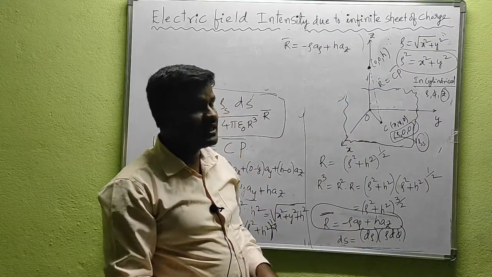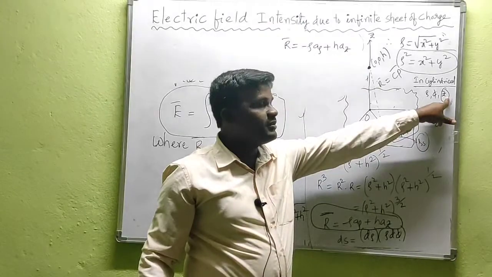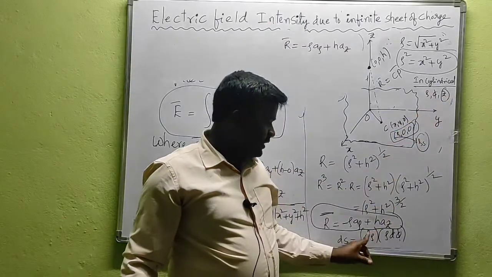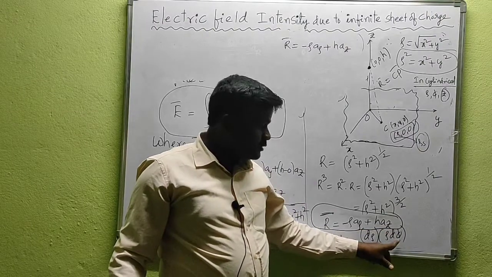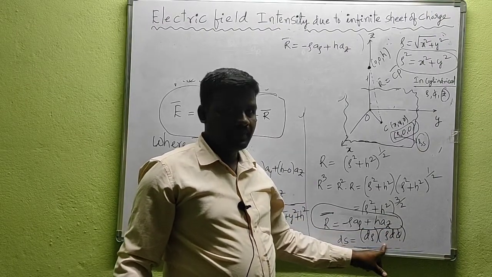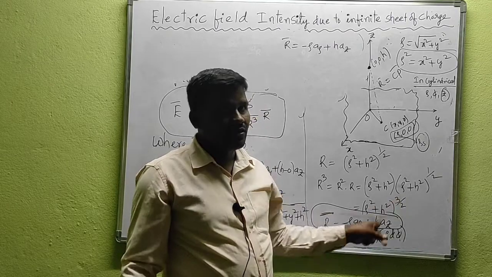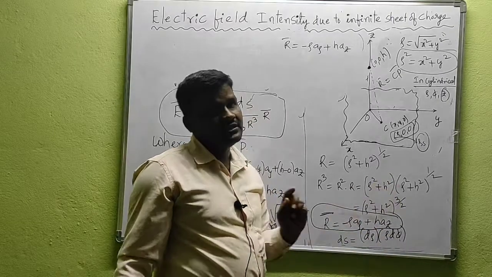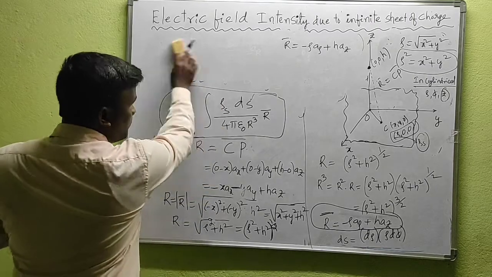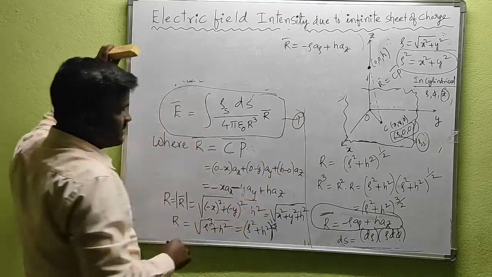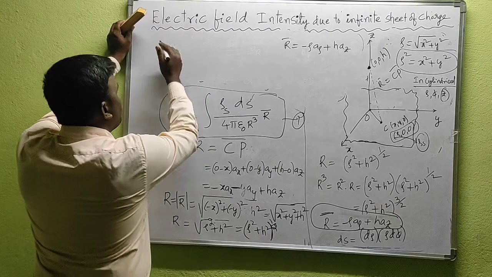What are the elements in the cylindrical coordinate system? Rho, phi, z. Except z, what are the elements? Rho, phi. For rho it is d rho, for phi it is rho d phi, because this phi is the angle made by rho. Please refer to the concept of cylindrical coordinate system or differential elements in cylindrical coordinate system. Now substitute, it is taken as equation 1.